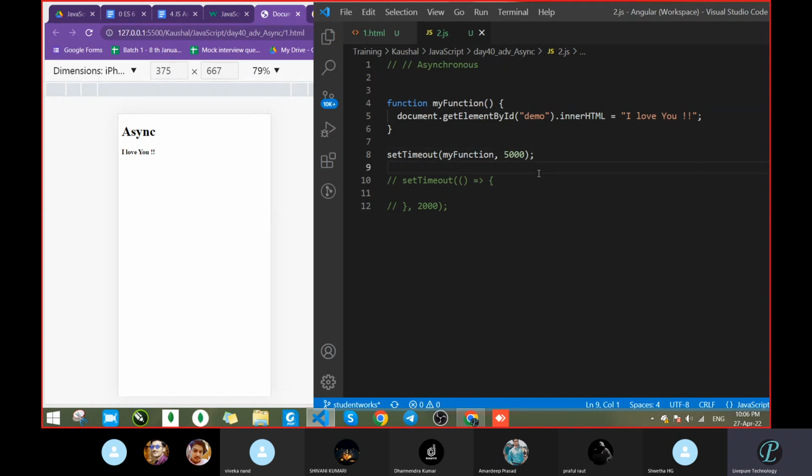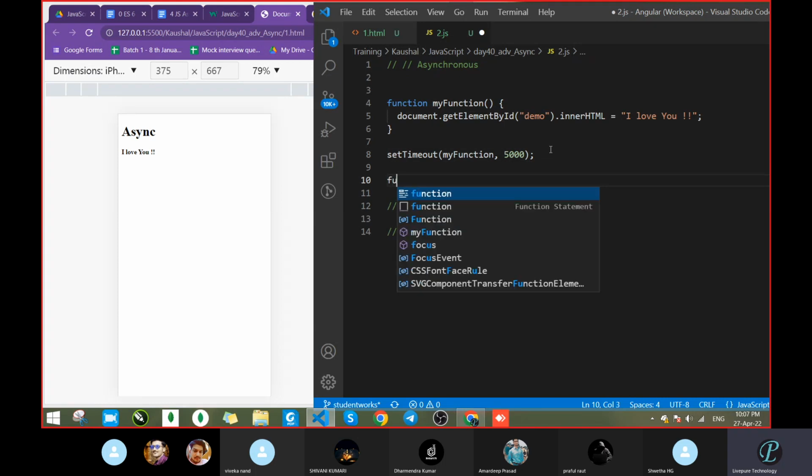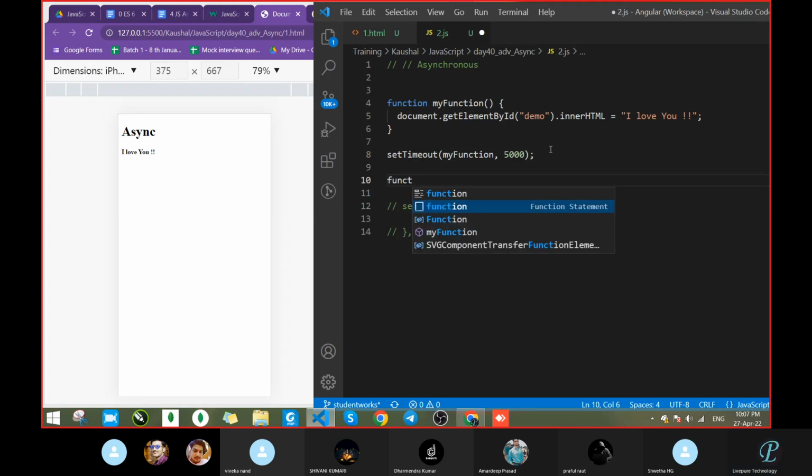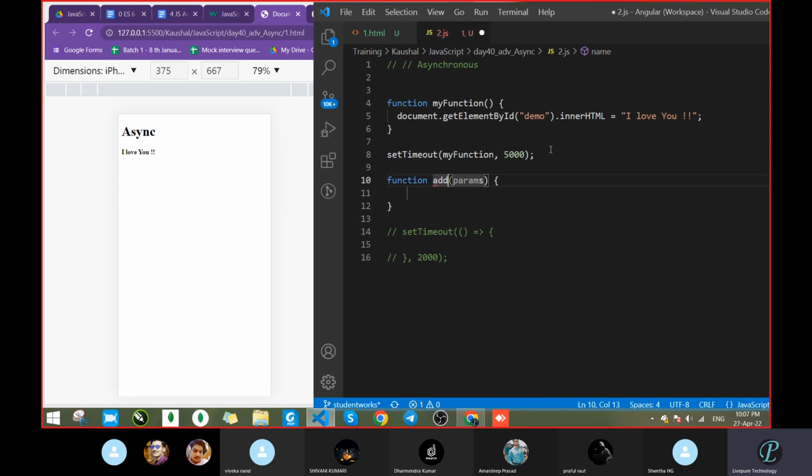But now tell me, if you had written a function like this, what can we do? Okay, write one function here, just a normal function, addition, and just write something to log.